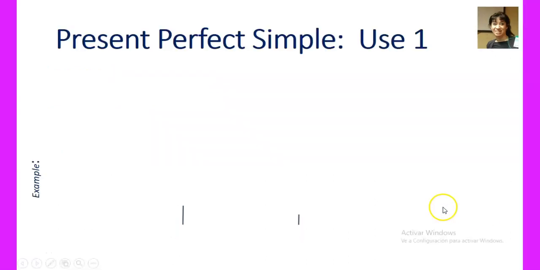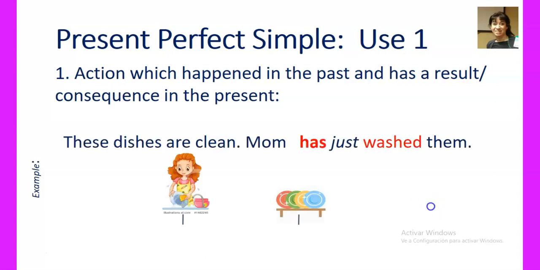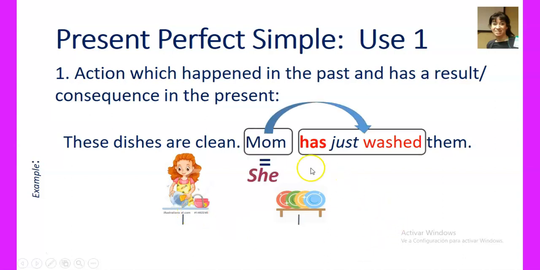Let's see the first use of the present perfect simple tense. We use the present perfect simple to describe an action which happened in the past and has a result or a consequence in the present. For example, if I say, these dishes are clean, Mom has just washed them. Notice that as Mom can be replaced by the pronoun she, then as a consequence, the auxiliary have turns